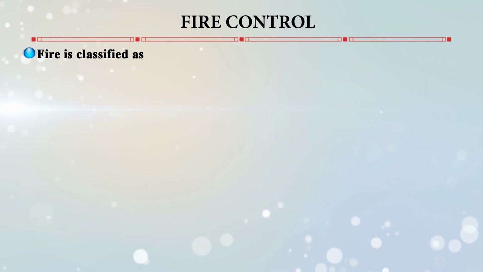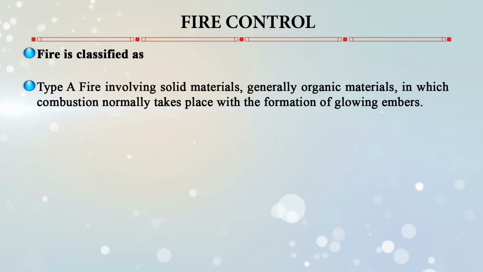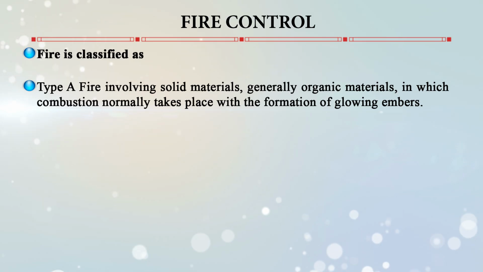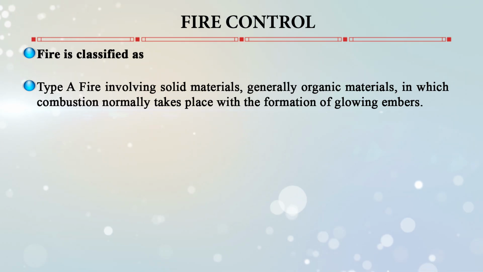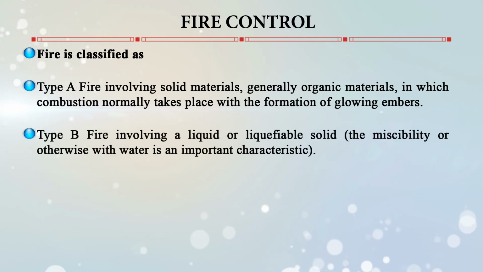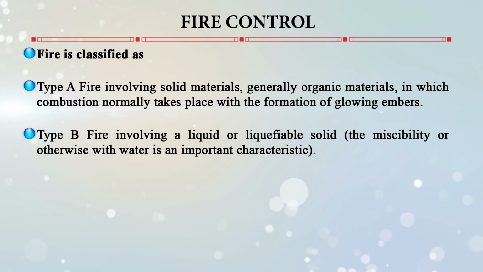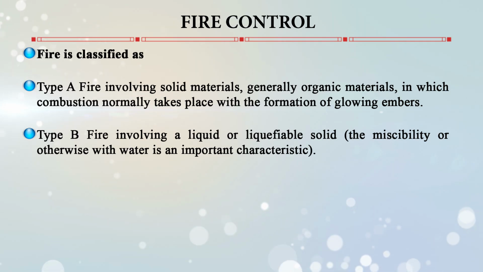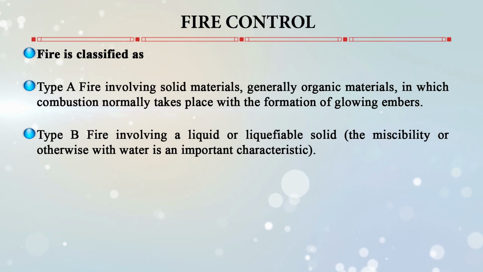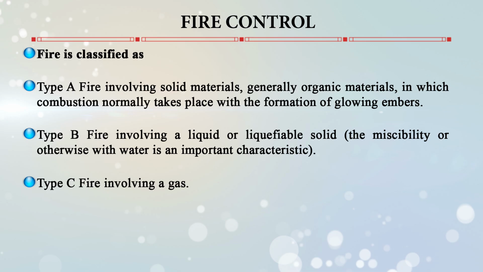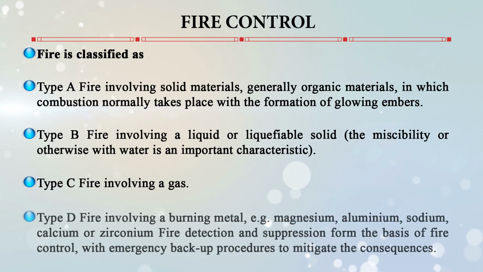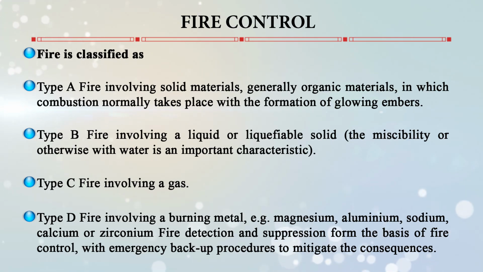Now we will see how to control fire. Before learning about the mitigation measures of fire, first we have to see how many types of fires there are. First, type A fire involves solid materials, generally organic materials, in which combustion normally takes place with the formation of glowing embers. Type B fire involves a liquid or liquefiable solid. That means miscibility with water is an important characteristic feature for this one. Type C fire involves a gas. Type D fire involves a burning metal, for example magnesium, aluminium, sodium,